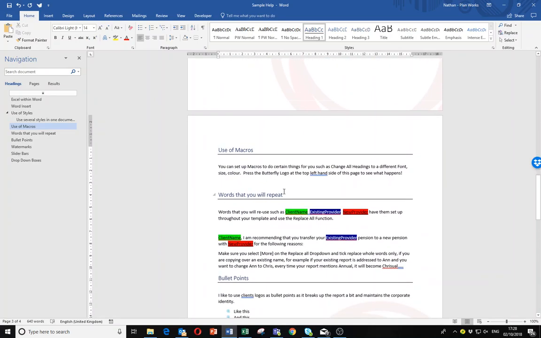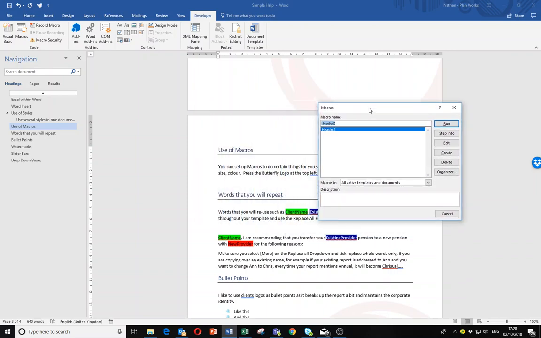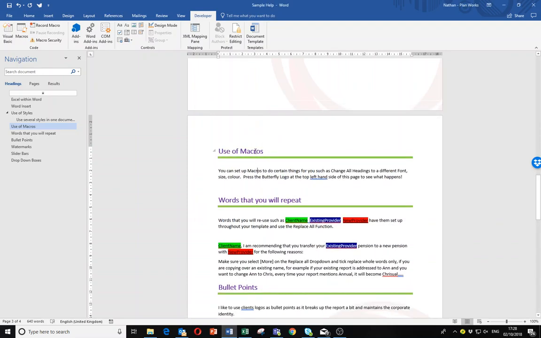Macros sound complicated, but they're really not that bad. Essentially, you can record an action that you're doing on a screen and then have the machine replay it. In this section, what I've done is essentially recorded me changing the heading styles. If I go to developer, go to macros, and I called it header 2, and I just run it, now you see all those headings have changed